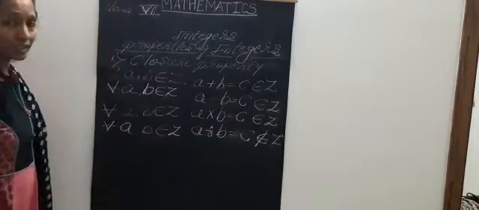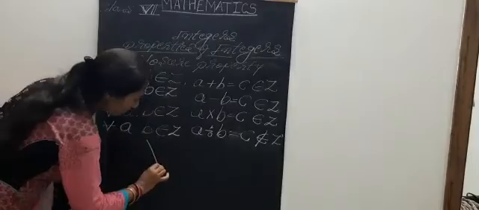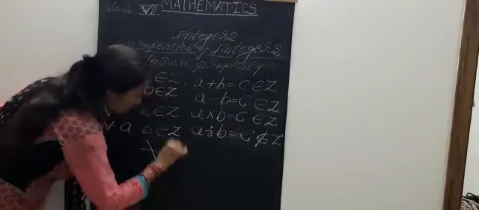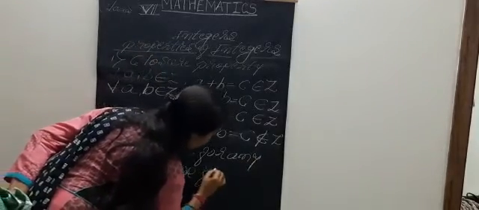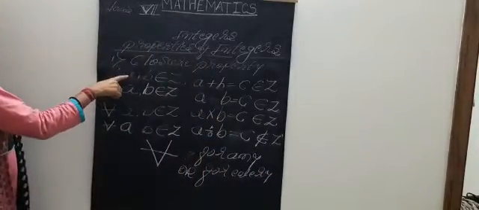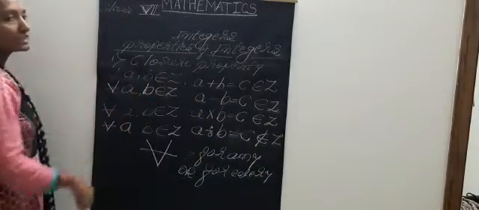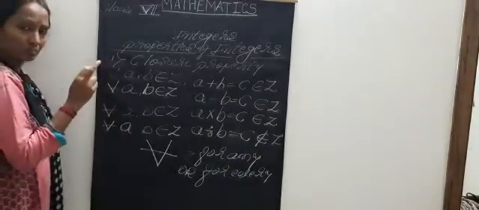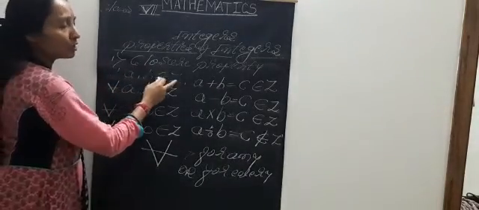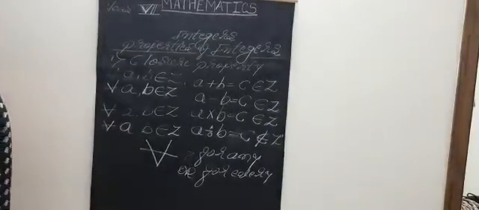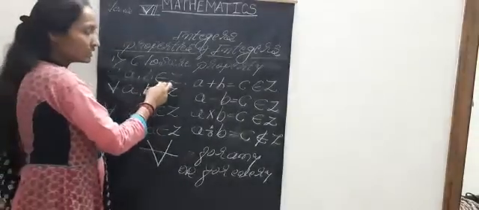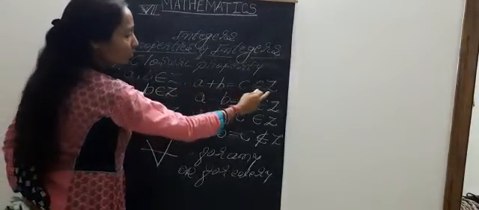Look at the notations very carefully. Here I am using this type of symbol. So this is for any. You can say for any, or you can say for every. For any a comma b belongs to Z. What is the meaning of this? It means for any two numbers, one is a and one is b, which belong to Z. Z is integers. Once again, Z is integers. a plus b is equal to c belongs to Z.